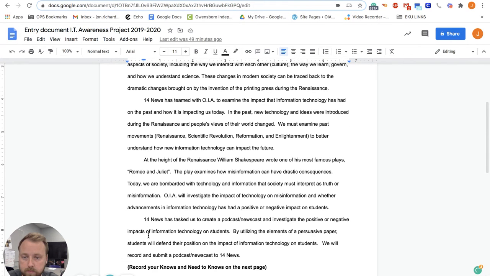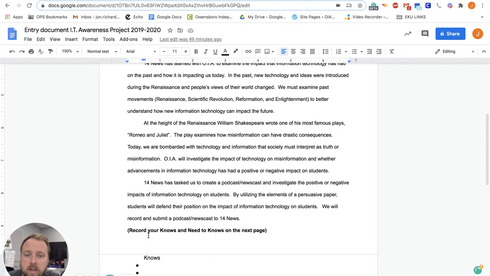impact the future. At the height of the Renaissance, William Shakespeare wrote one of his most famous plays, Romeo and Juliet. The play examines how misinformation can have drastic consequences. Today, we are bombarded with technology and information that society must interpret as truth or misinformation. OIA will investigate the impact of technology on misinformation and whether advancements in information technology has had a positive or